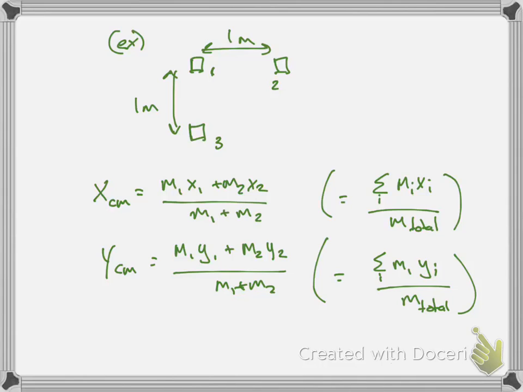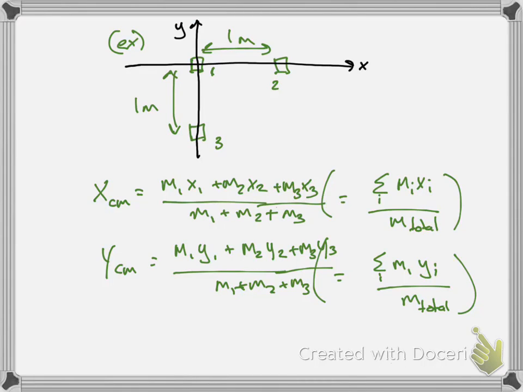So we can find the center of mass of things in multiple dimensions, except that the way I wrote this here, there are 3 objects, so I forgot to put the third one, m3x3 over m3 plus m3y3 plus m3. So there are 3 objects. So I just now have to choose a coordinate system that's in 2 dimensions for this problem. So I'm going to choose the coordinate system that has its origin at object 1, and the plus x direction goes to the right, plus y direction goes up, and I'm going to start to fill in these numbers, right?